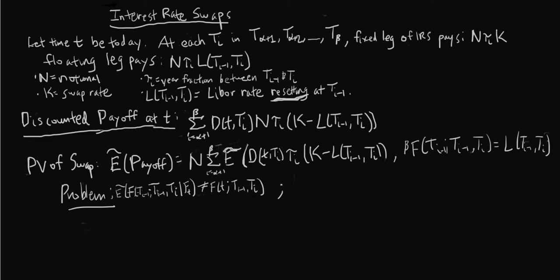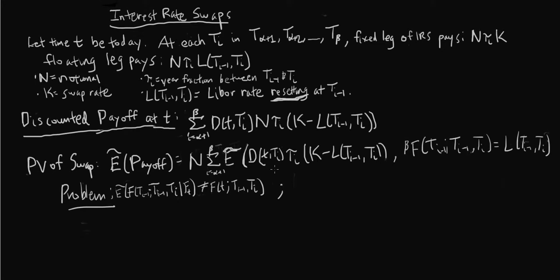So given all we know today at time t, the conditional expectation of the forward rate at time t_{i-1} for this time period does not equal the forward rate that we can observe today. And because of that, we can't really do anything further. This basically forces us to get stuck. And this is not a problem when you're looking at call options, where you have the discount factor as the numeraire, because for those, we found that the risk-neutral expectation of the discounted stock price was a martingale,